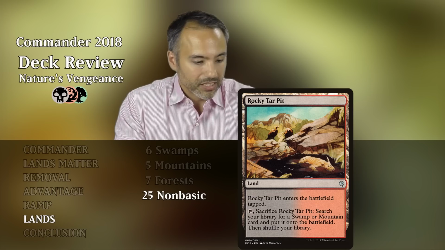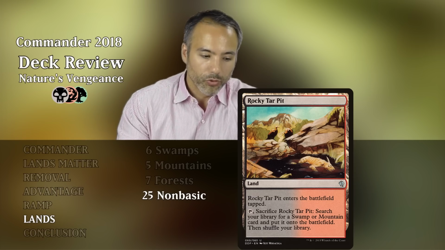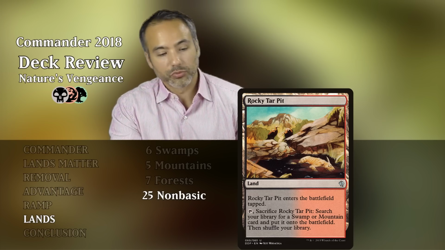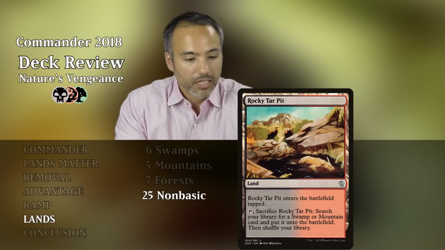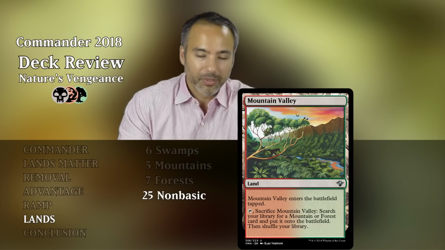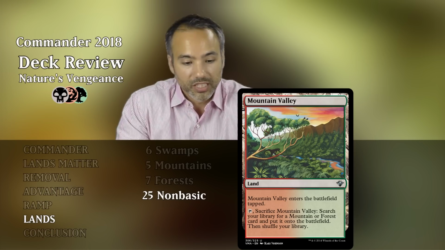Rocky Tar Pit is a land that enters tapped, but we can tap and sacrifice it to search our library for a swamp or mountain and put it onto the battlefield. So it gives us those multiple landfall triggers, because of course when this one comes in, and then when we sac it, we get the swamp or the mountain. And we have Mountain Valley, which also comes in tapped, but we can tap it and sacrifice it to search for a mountain or forest and put it into play. Once again, the double